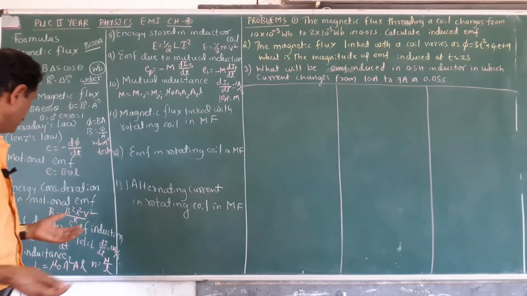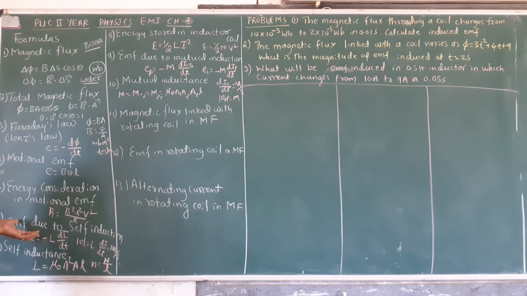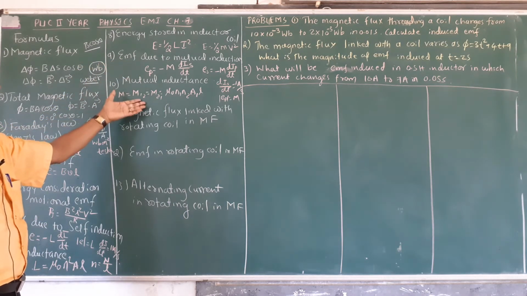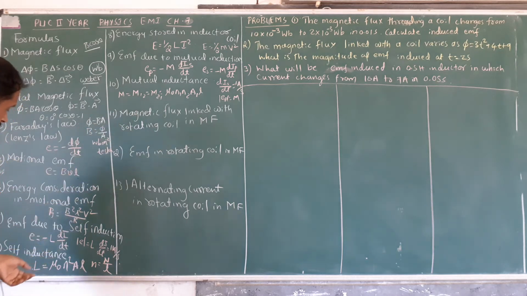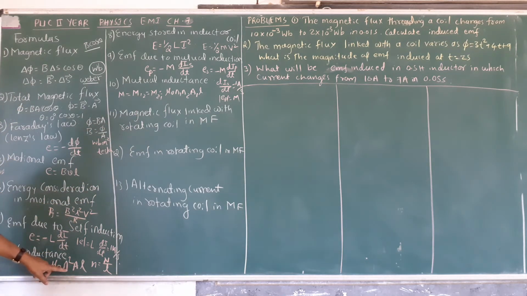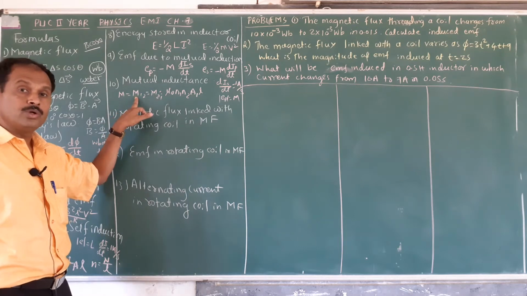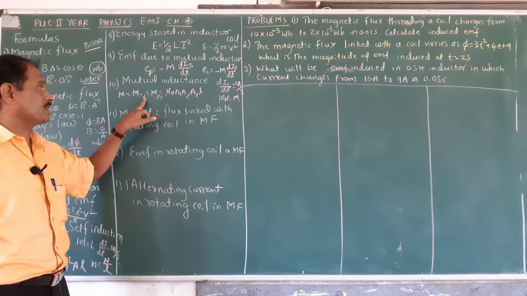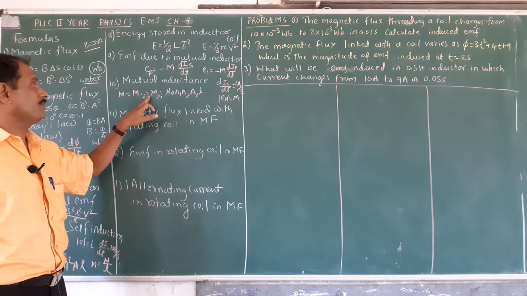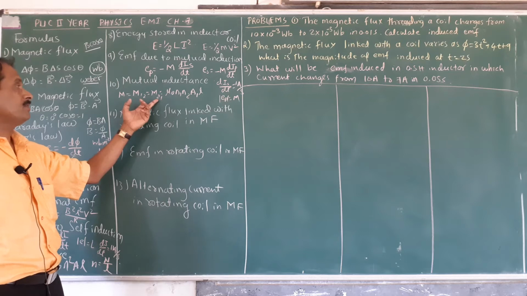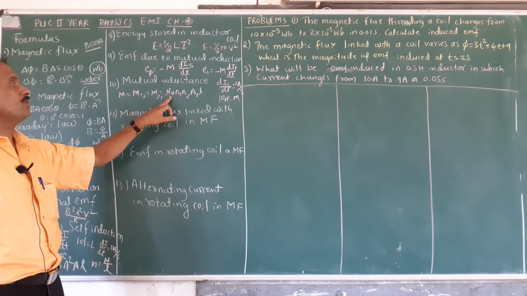Now this is about self-induction. Now this is about mutual inductance. This is said to be self-inductance. Self-inductance depends on number of turns per unit length, area of the coil, and length of the coil. But mutual inductance is of a pair of coils. What is the meaning of M12? The mutual inductance of the first coil with respect to the second coil. What is the meaning of M21? The mutual inductance of the second coil with respect to the first coil, which is equal to mu naught N1 into N2